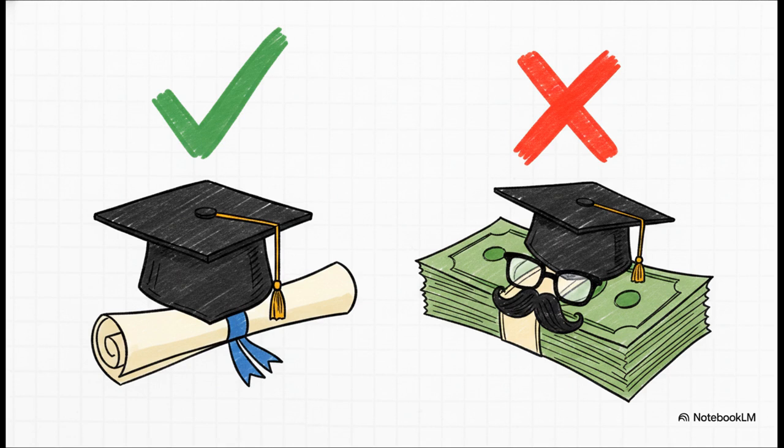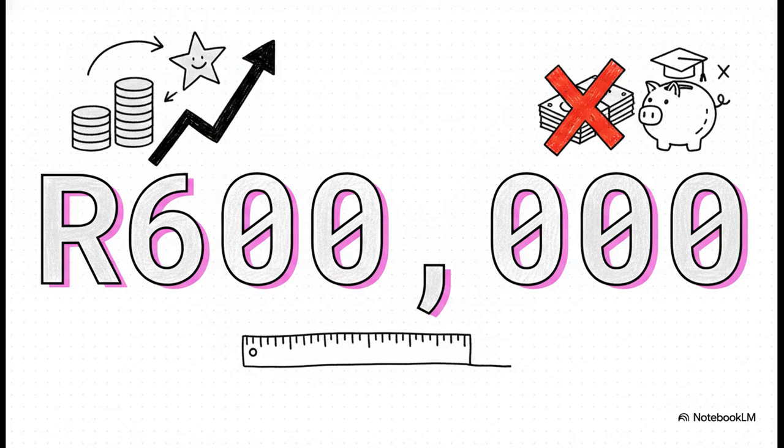The whole point of this legislation is to prevent disguised remuneration, so it must never represent a salary sacrifice. If an employer is just relabeling a portion of a regular salary and calling it a bursary, that exemption is dead on arrival. Now, if you actually pass the bona fide test, your next focus is this magic number, the R600,000 proxy limit. For a relative's bursary to be exempt, the employee's remuneration proxy for the prior year simply cannot exceed R600,000. If they earn even a single Rand more than that, boom, the relative's bursary becomes fully taxable